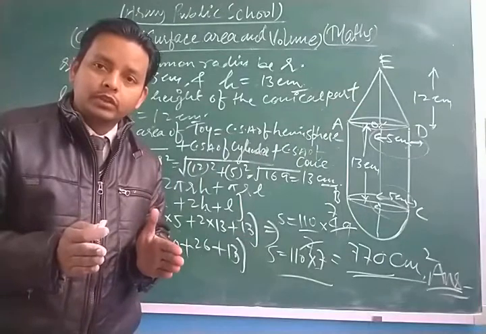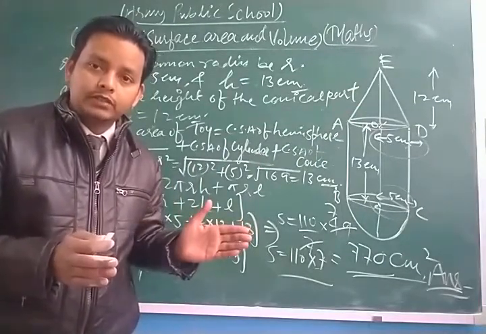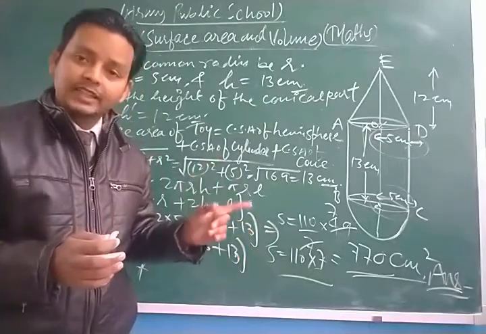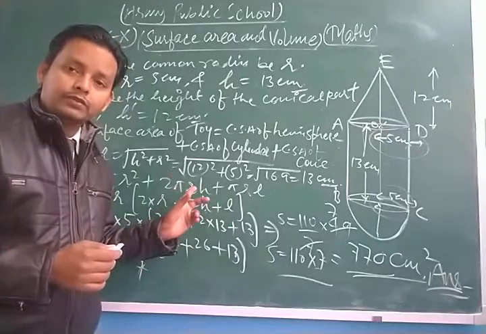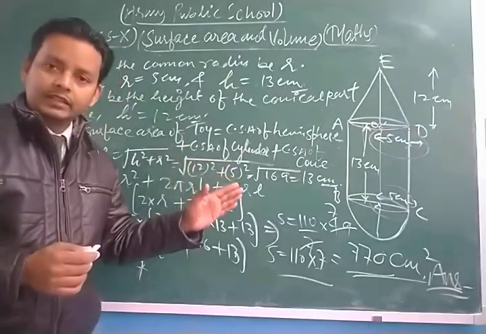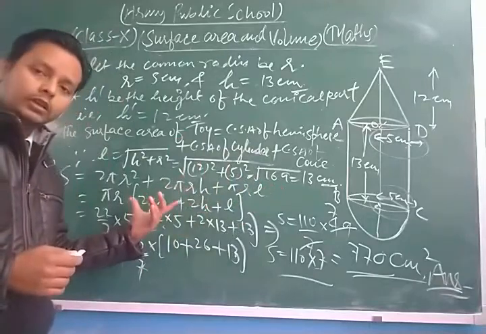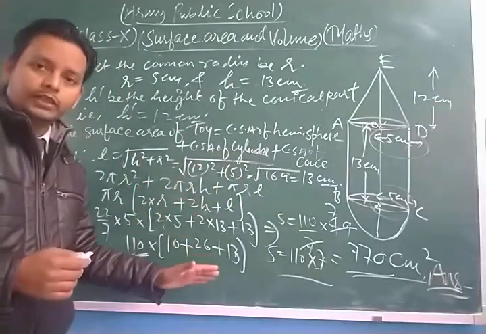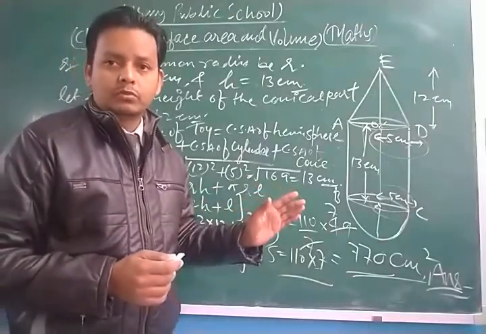The surface area of the solid can be obtained by adding the curved surface areas of each and every shape in the solid. So for finding the curved surface area of the cone, first of all we find the slant height of the cone with the help of this formula. After finding the slant height, that is 13 centimeter, we put all the values in the given formula and simplify them, and we get our result. In this way you can solve questions based on combinations of solids.